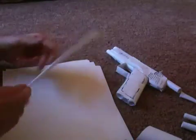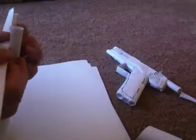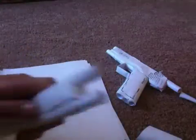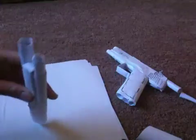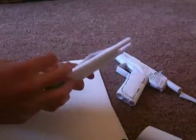Now you don't need to tape this together, because all you're going to do is take your barrels, or slide I should say, and put it over the front, like that. All this is doing is going over the front of the slide so it stops the barrels from going all the way out the front. So now you take your Scotch tape,